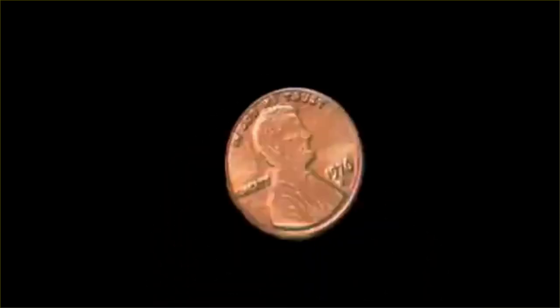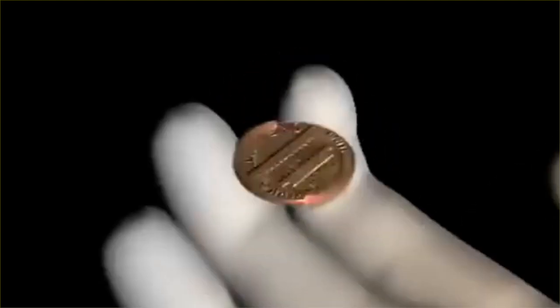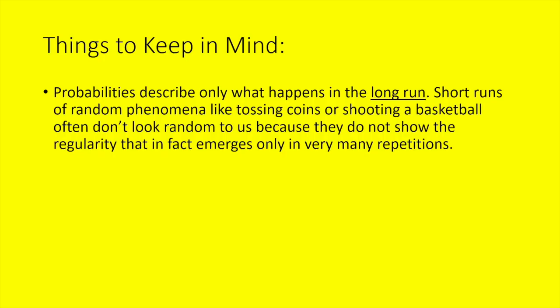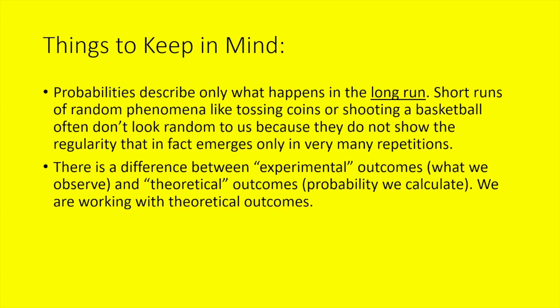For example, if you flip a coin one time, it's either going to be heads or tails. So you have 2 outcomes, and our chance of flipping heads is 1/2. However, if we flip a coin 10 times, that doesn't necessarily imply that we will get exactly 5 heads. If we do it over and over the long term, then approximately half of all of our coin flips would end up being heads.